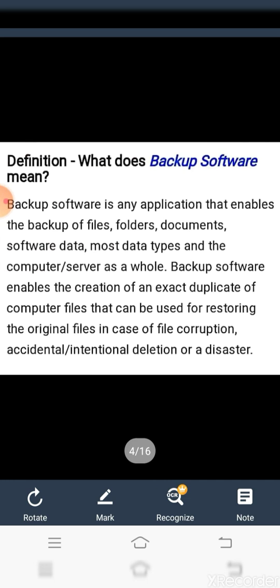Now come to backup. Backup is also utility software. It is used to recover the data in case of damage or accidental loss. It makes a duplicate of the original file and stores it for the time of such failure. Some examples of backup are pen drive, CD, DVD, etc.